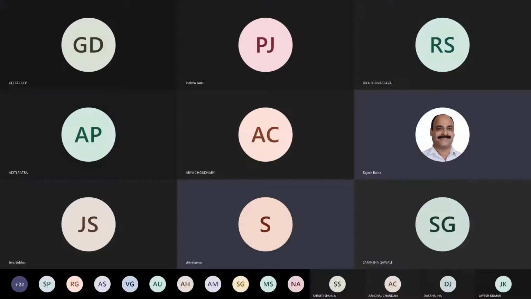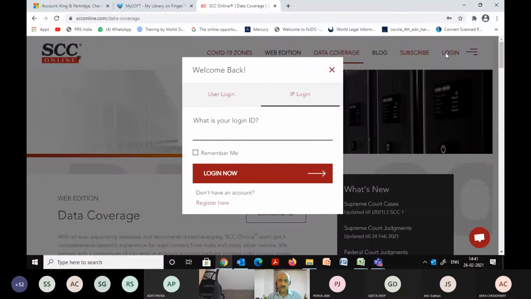Institutes have their own remote access platforms available. While accessing from the remote access, you will get these two sections, user login and IP login, which you can see on screen. You have to ensure that this IP login is appearing. That means you are on the right IP address or on the right port, with the right connection from the remote access. Then you'll enter your login ID, your credentials.